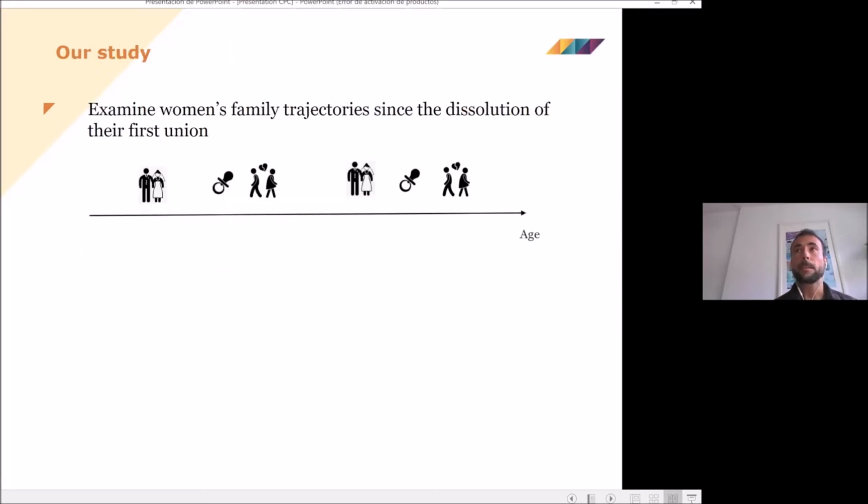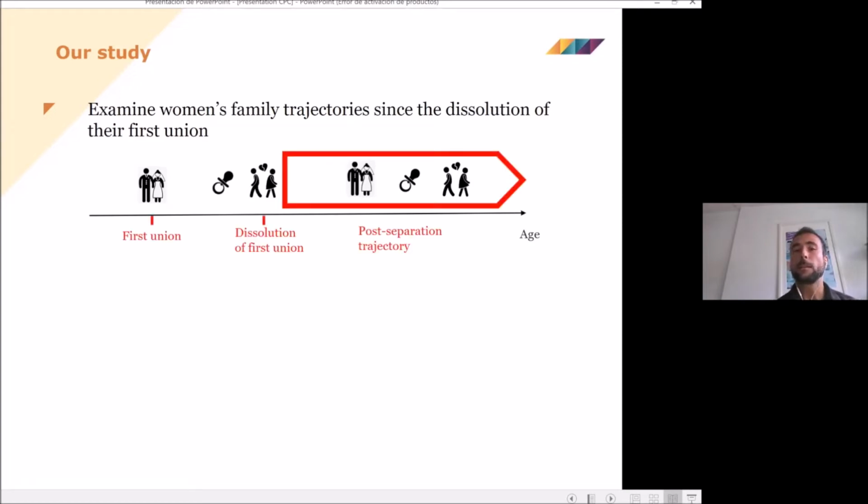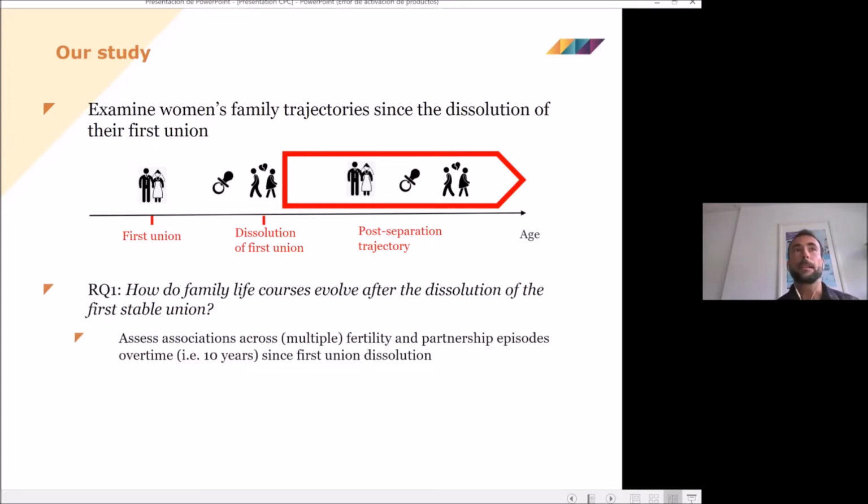So that's where we come to this study. We try to contribute somewhat to close some of these gaps in knowledge. For that, we examine family trajectories since the dissolution of the first union. And as the first objective, we want to address how family life courses evolve. And for that, our empirical exercise focuses on sets of partnership and fertility episodes over 10 years since the dissolution